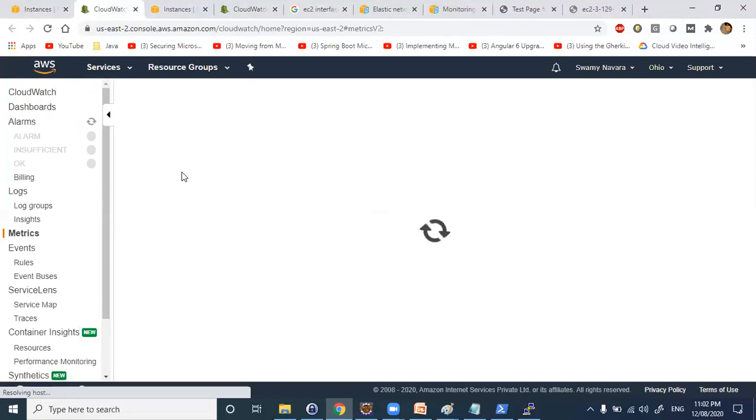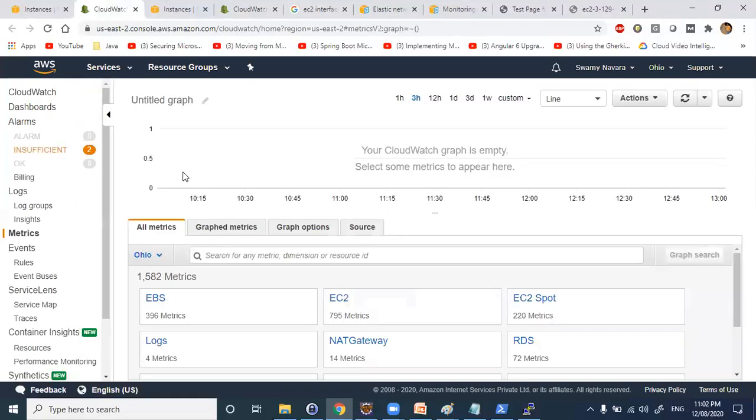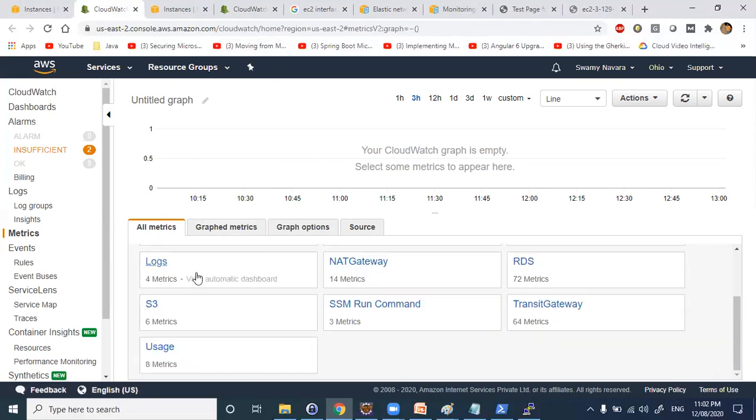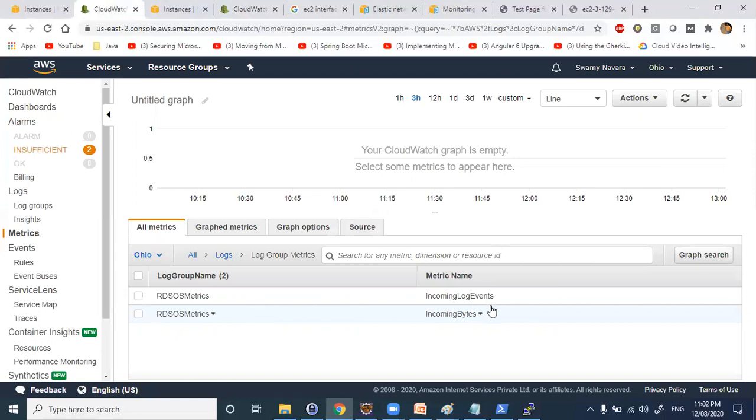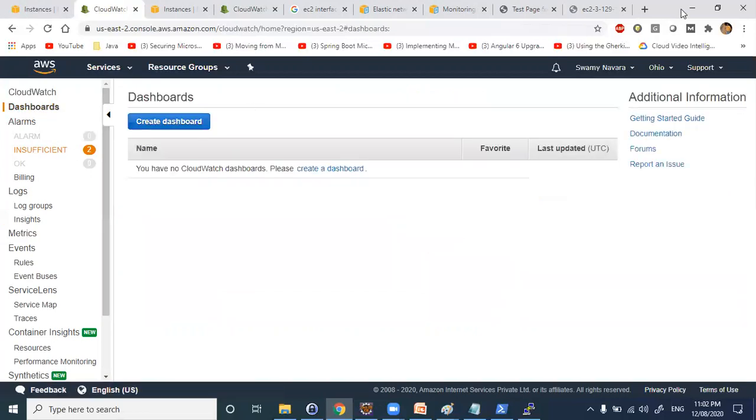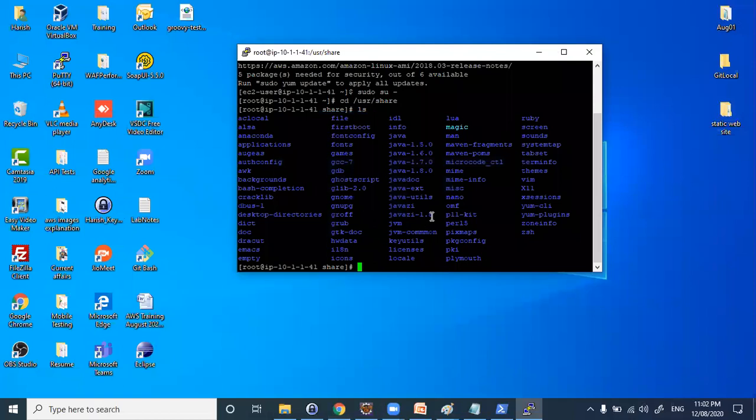So let us check in CloudWatch log whether it is enabling or not. Okay, we have not set this one, right?